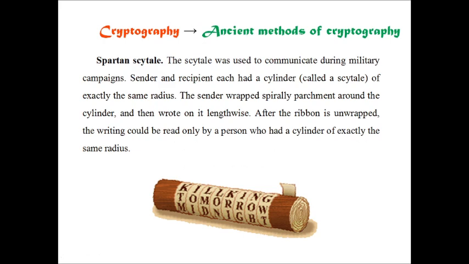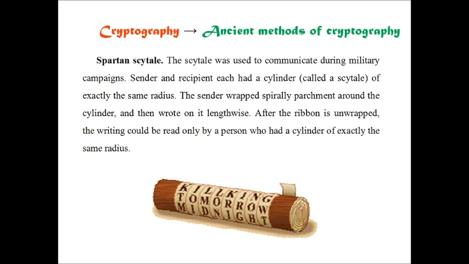Now let's consider ancient methods of cryptography. The first one is the Spartan scytale. The Spartan scytale was used to communicate during military campaigns. Sender and recipient each had a cylinder, or scytale, of the same radius. The sender spirally wrapped parchment around the cylinder and then wrote on it lengthwise. After the ribbon was unwrapped, the writing could be read only by the person who had a cylinder of